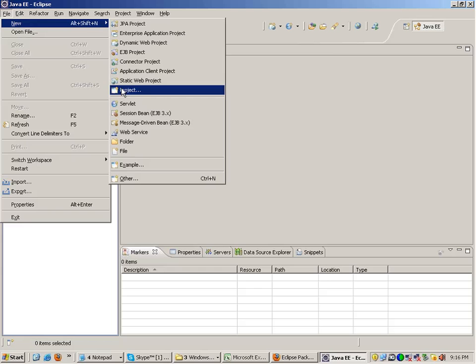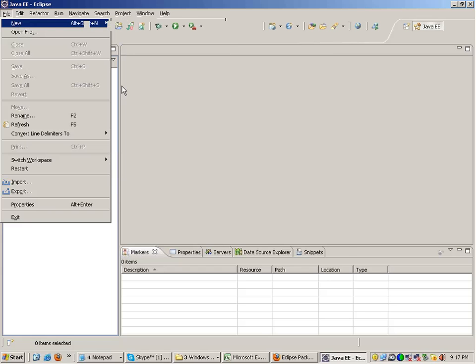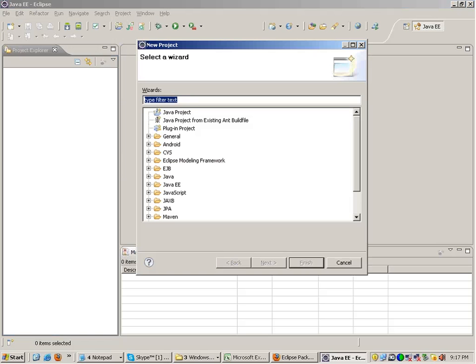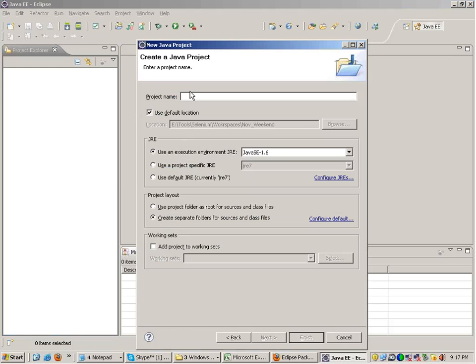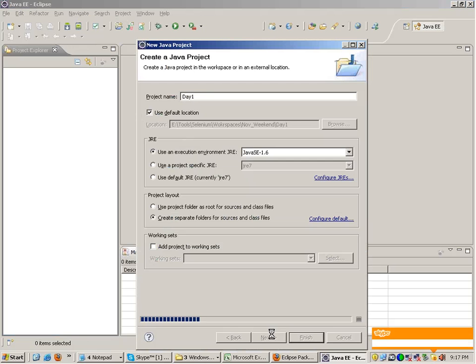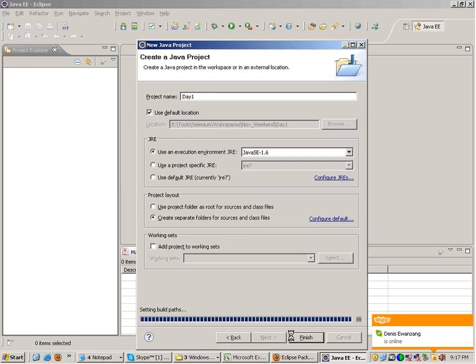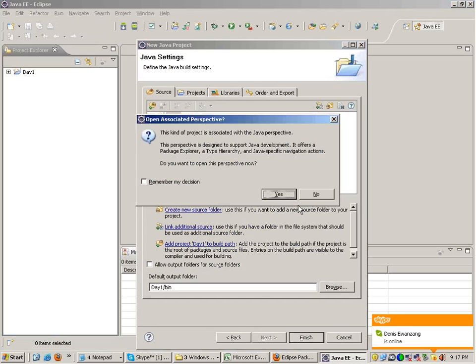So you go to File, New, Project, you select a project over here, and in this window expand Java and select Java project. Click on Next and you'll get a screen like this. You can simply write day 1. Click on Next and finish.